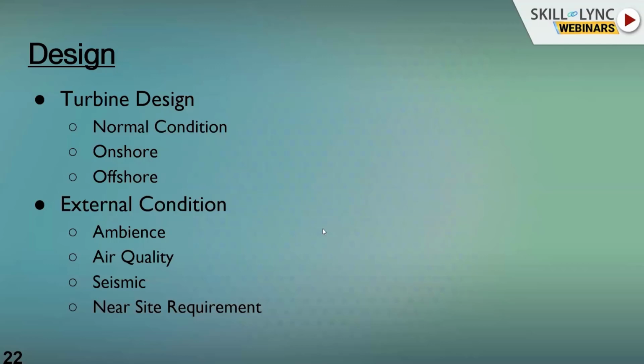Turbine design, how to design the turbine. Due to various reasons, the normal turbine is available for normal areas. Also, onshore turbines are available, offshore turbines are available. Normally, for the normal turbine, you also have to consider the ambient air quality, the seismic conditions in that area, and near-site requirements. Normally, the turbine is designed for 0 to 40 degrees centigrade. This is the normal turbine design. In case you require it for -20 degrees,